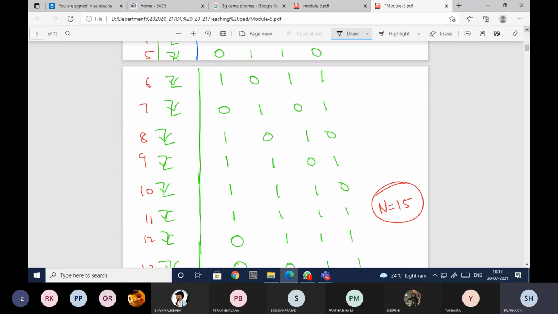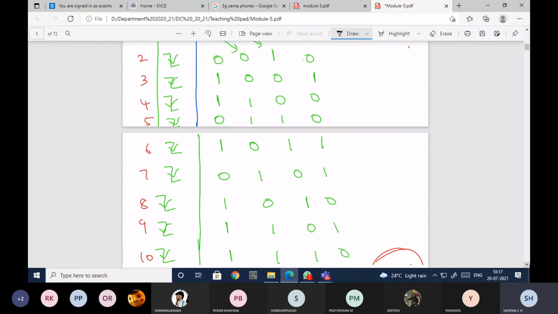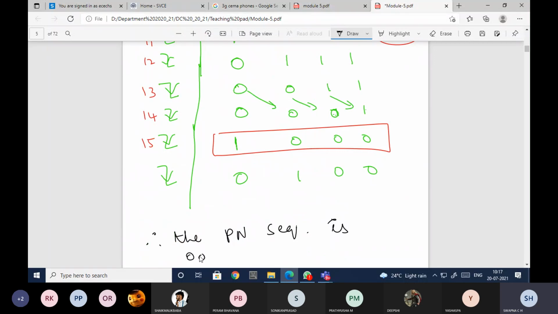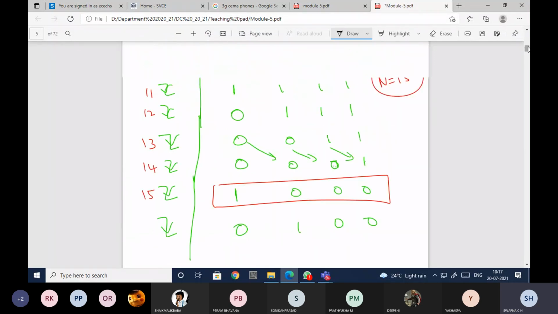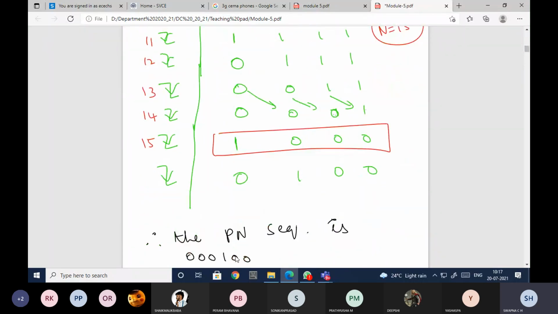See the table and tell me the last one. 0, 0, 0, 1, 0, 0, 0, 0, 0, 1, 0, 0. Next is 1, 1, 1, 0, 1, 0, 1, 1, 0, 1, 0, 1, 1, 0, 1, 0.